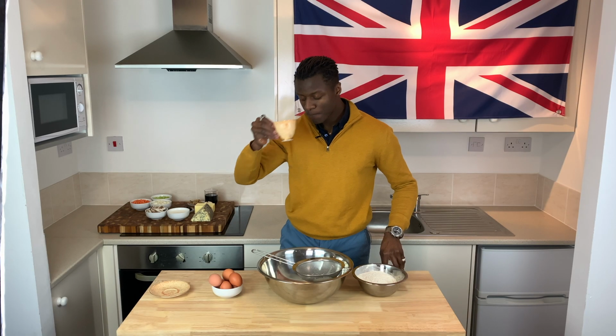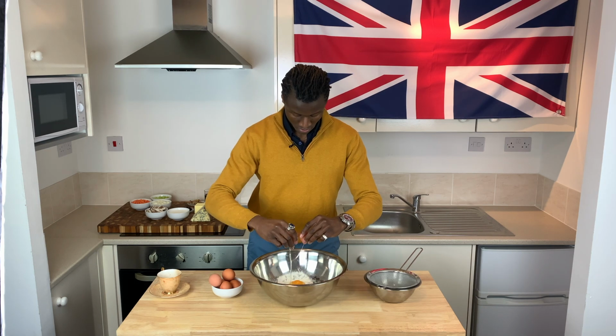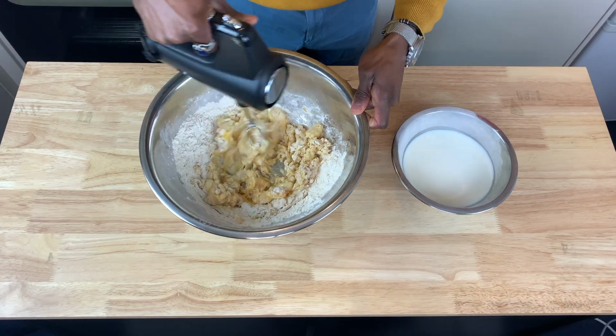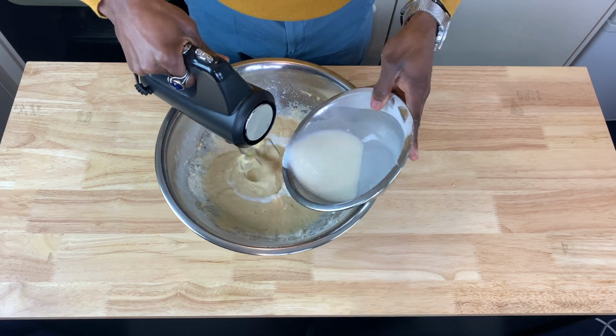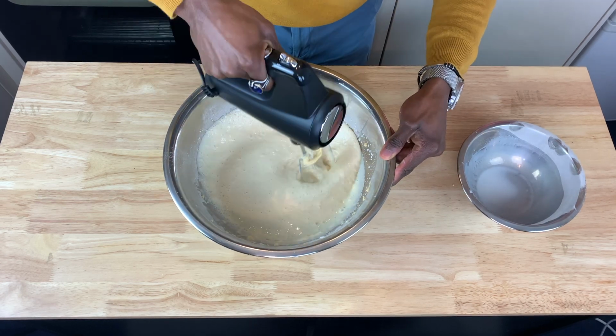After a sip of tea, I'll sift some flour into a bowl, followed by the addition of my eggs. I'll then gradually start mixing the two ingredients together before gradually trickling in my milk, without allowing things to get too out of control. As more milk is added, the batter will begin to thin, with the result being this